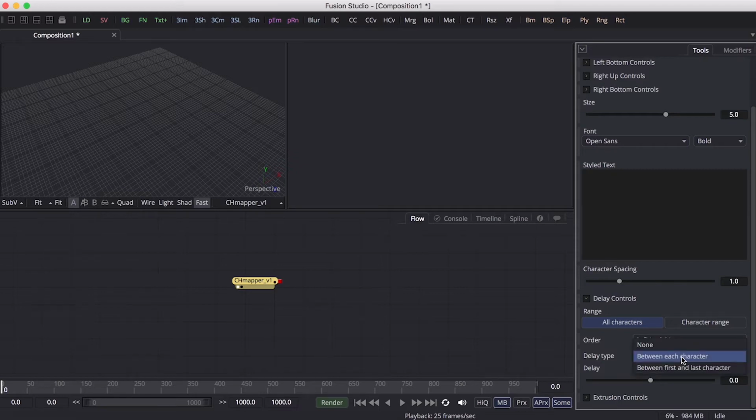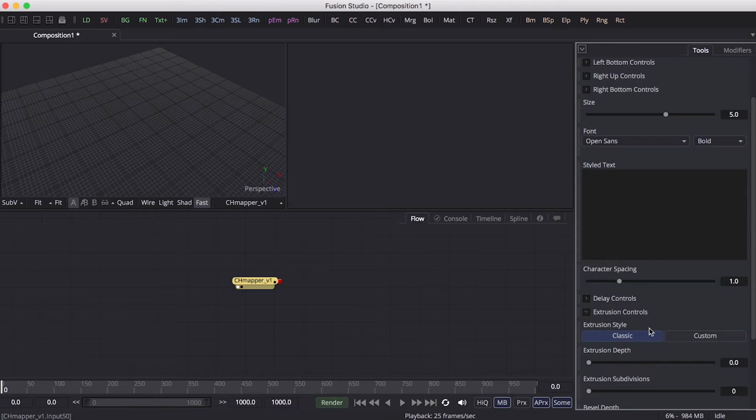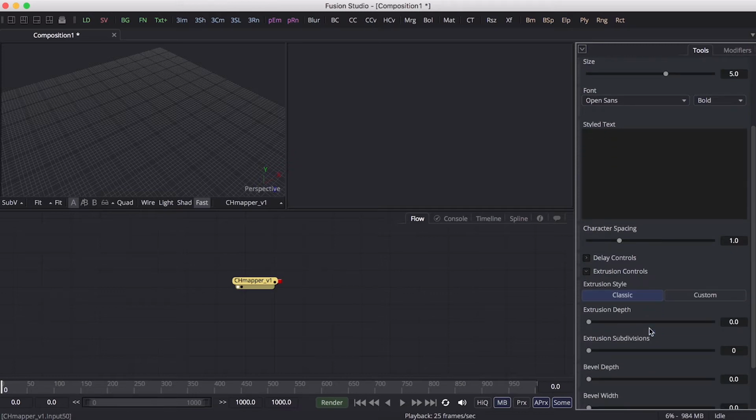As you see, it says between first and last character. That means the full word. Below that you can find a delay slider, which controls the amount of the delay. If you are familiar with the follower modifier, it won't be new for you. Okay, the extrusion controls are completely the same as the Text3D node has.